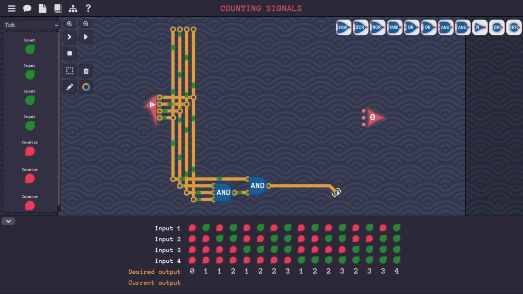Yeah, and this is guaranteed going to work for displaying this. And if we have 3,